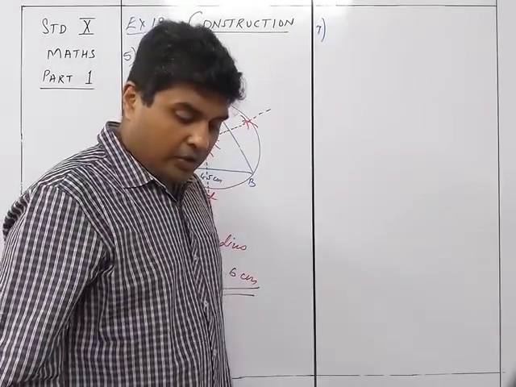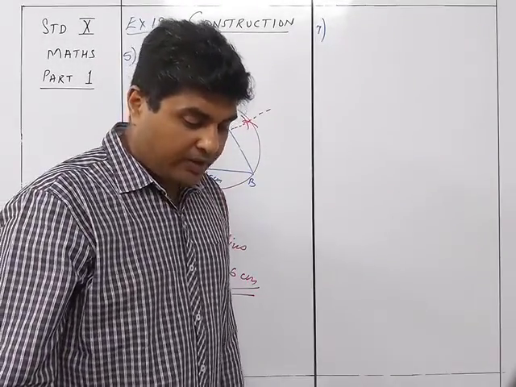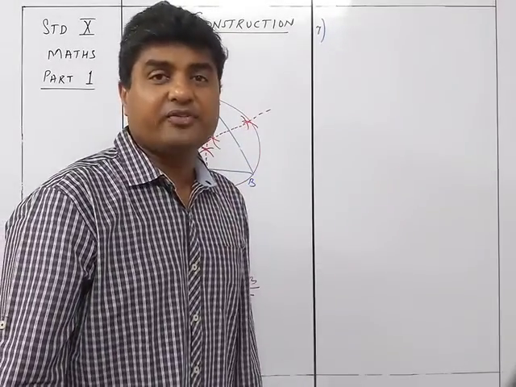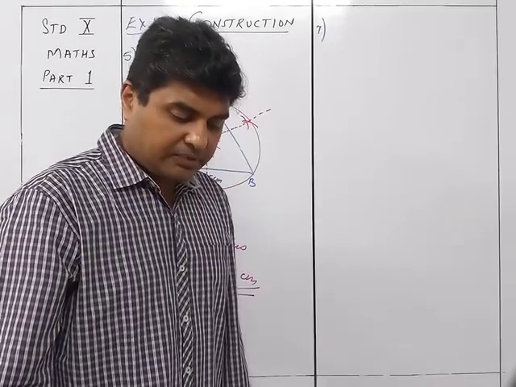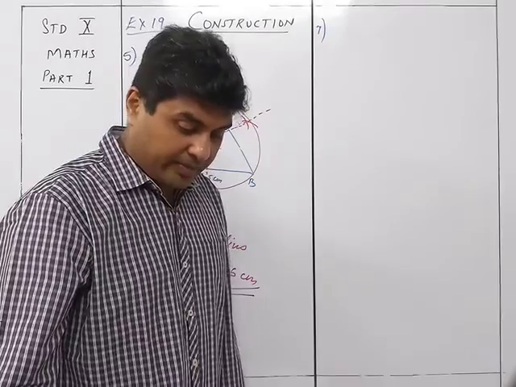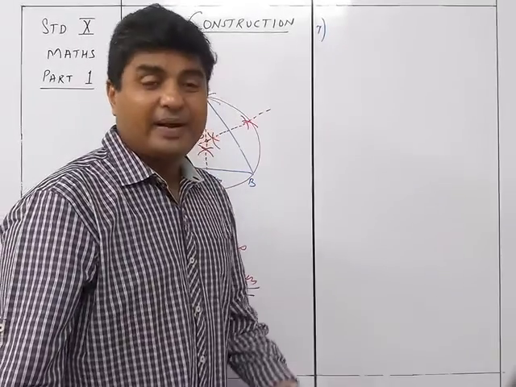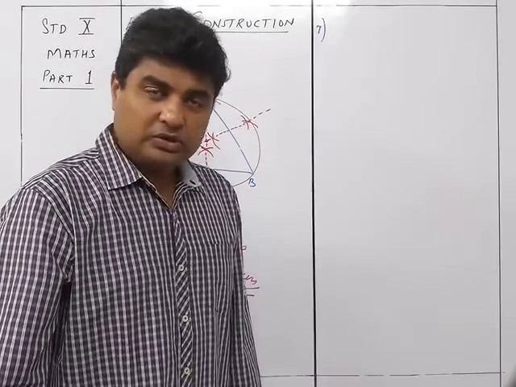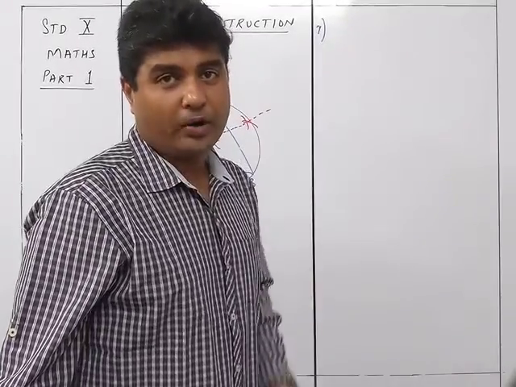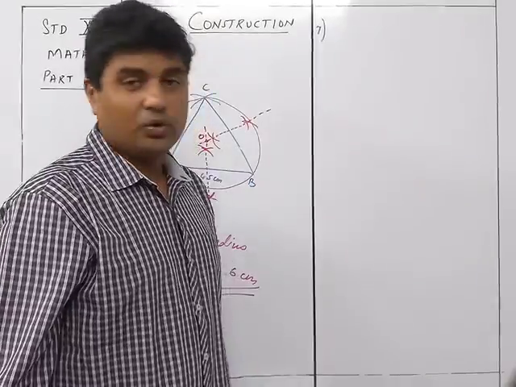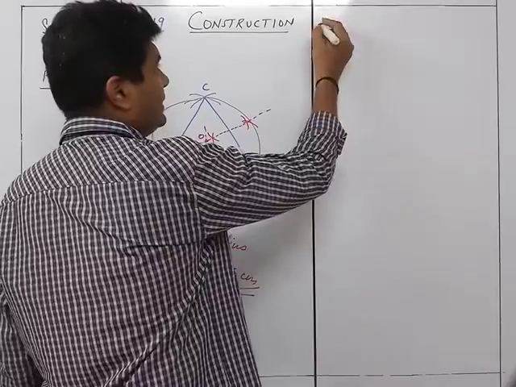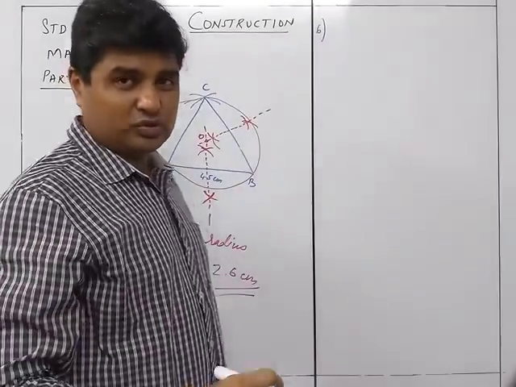Question number 7. Using a compass only, draw... okay, before that, I think I'd better go for question number 6 because it is a different sum altogether. Question number 7 is easy, an equilateral triangle with an inscribed circle, and we will inscribe it, not a problem. But inscribing is also there in the 6th sum, so that's why. But inscribe inside it, AB minus AC is equal to 1. That is the important part of the question. So I'll do that particular thing over here. So instead of the 7th one, I'm doing the 6th one automatically.